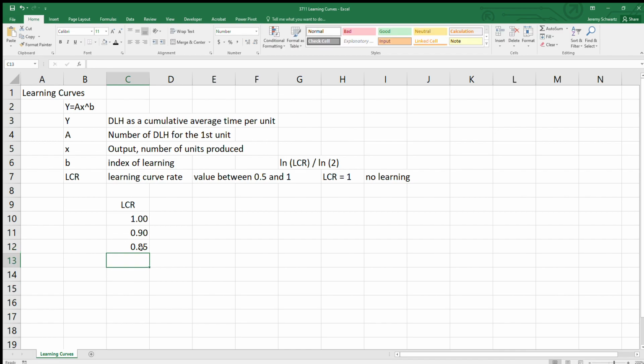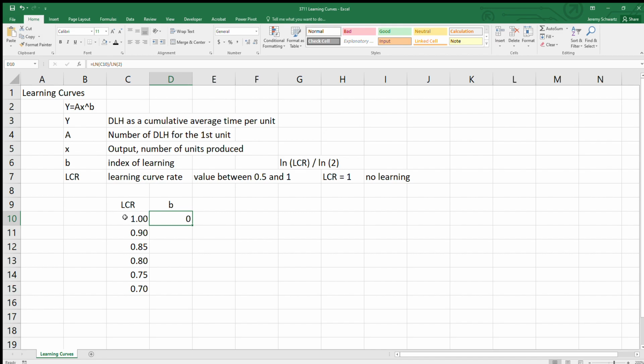0.85, 0.8, 0.75, and 0.7. So when we calculate our value for B, the formula would be to take the natural log of the learning curve rate divided by the natural log of 2. So the value for B then becomes